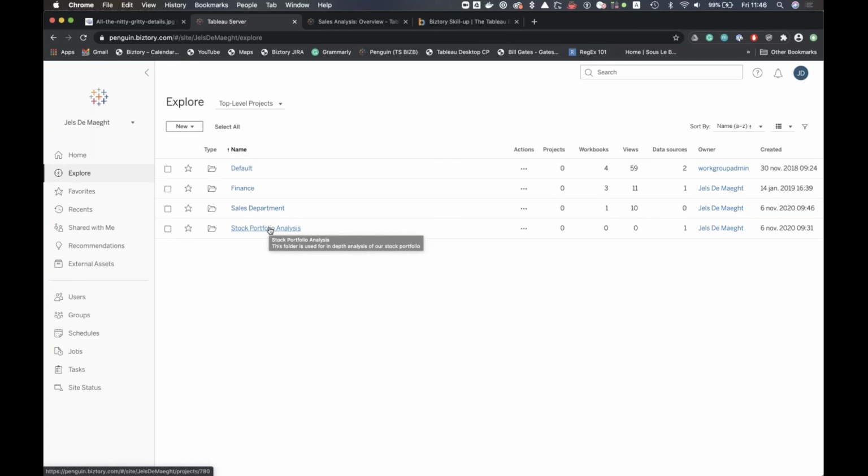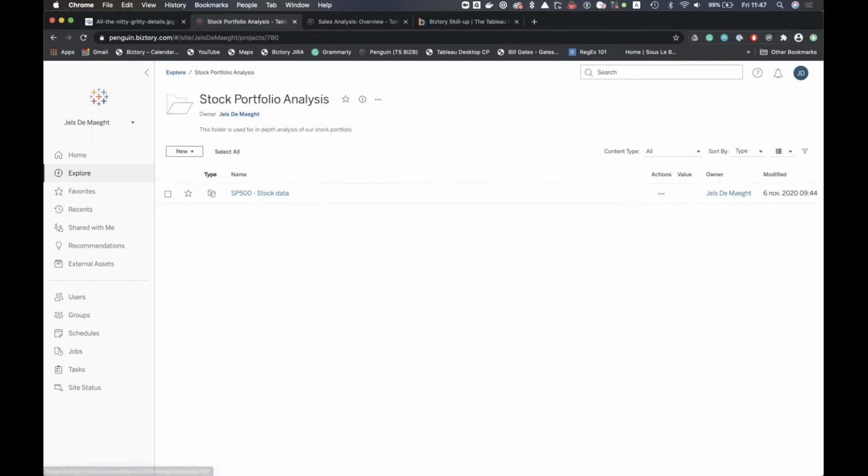I'm happy with the fact that the numbers are in there and they are correct. So in this case, I'm the manager or I'm the owner of that data source, and I want to make it available quickly to my colleagues. I don't have time to investigate, but it exists, so I have launched it. I've created a folder that they have access to. So if they go to this stock portfolio